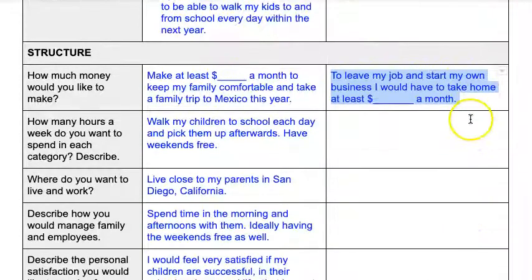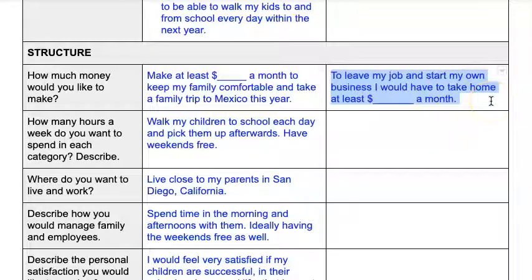How much money would I like to make from the business? So here is, I'd like to leave my job and start my own business. So if you had to give up your existing job, you might want to make 100% of what you normally make, or you might even take 50% of what you need to make. So how much would you like to make from your business? Put this over here. We'll check and see if they compare to each other later on when we're developing our personal vision statement and doing the rest of our work. But leave it as right now, like what you would like to make.